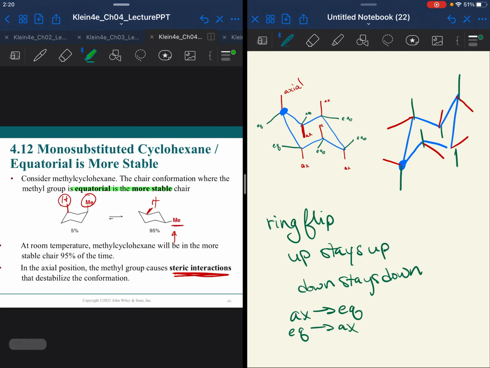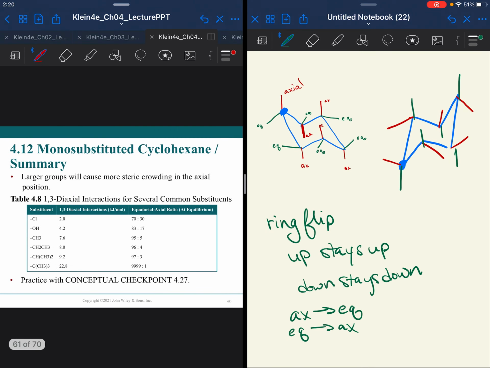So when you have, for instance, a methyl group here, not only does it prefer to be in the chair conformation, 95% of your molecules at any given moment are going to be in the more stable equatorial chair position. So that gives us a lot of information about the geometry, the 3D reality of the molecules we're studying. And as each substituent gets bigger, that effect only increases. So take a look at this chart here. Chlorine is going to give, if all you have is chlorine,